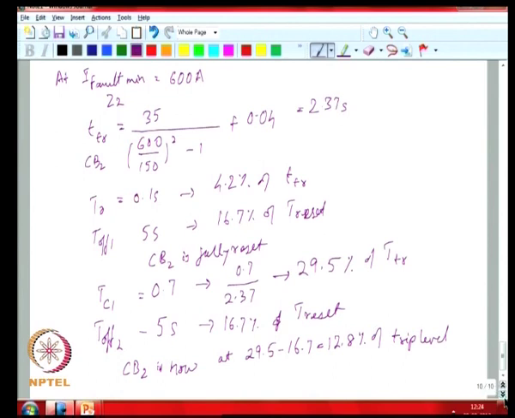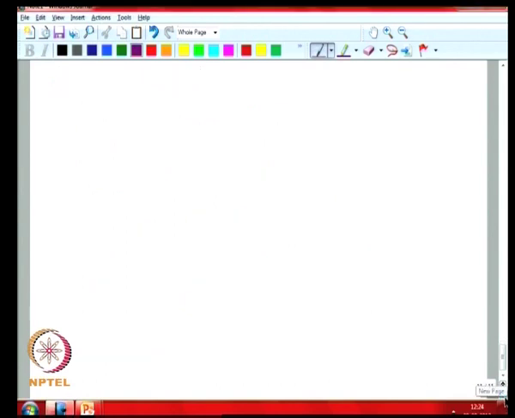If you look at the next duration of reclosing, which is for 3 seconds, TC3 equal to 3 seconds, this corresponds to 3 divided by 2.37 or 126% of trip time. So, again the circuit breaker is going to trip when it reaches 100%. It is going to trip definitely before the 3 second duration that you have. So, your actual tripping